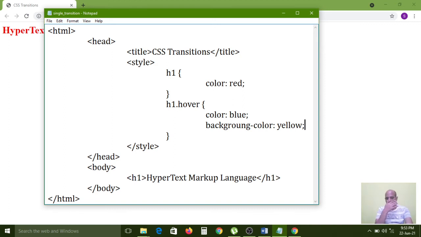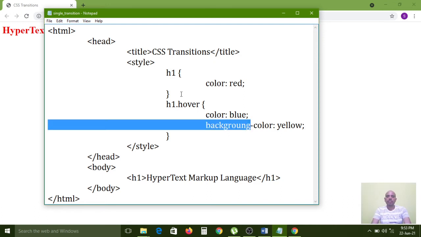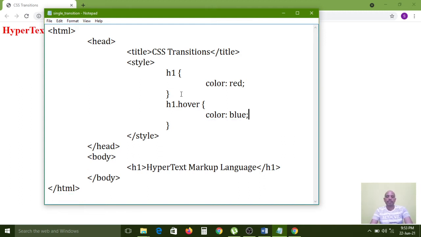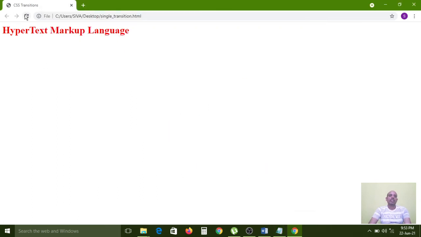So these two properties I have applied. Sorry, single is enough. Color colon blue. Now I am saving this file. Go to the file menu, choose the save option. Now I am refreshing the page.